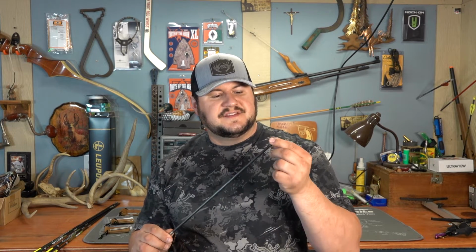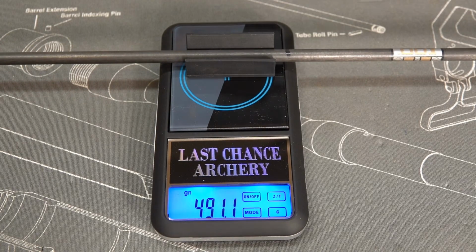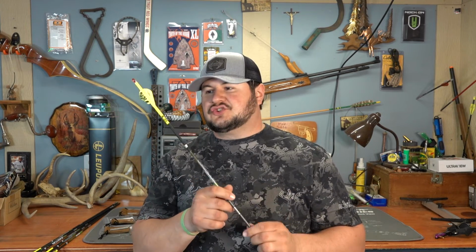So this particular arrow here, I have a 50 grain HIT insert, an Iron Will HIT insert installed here. This is an Easton Deep 6 125 grain head. So this arrow right here is running at 491 grains, and I'm at 15% FOC, right around 14.9, 15% FOC. So it's got a good FOC, it hits hard, it's extremely fast,